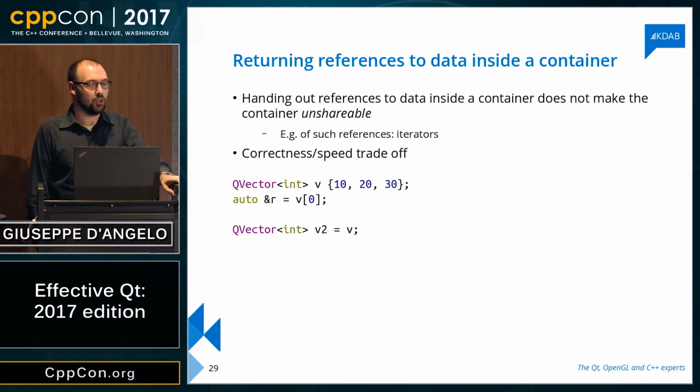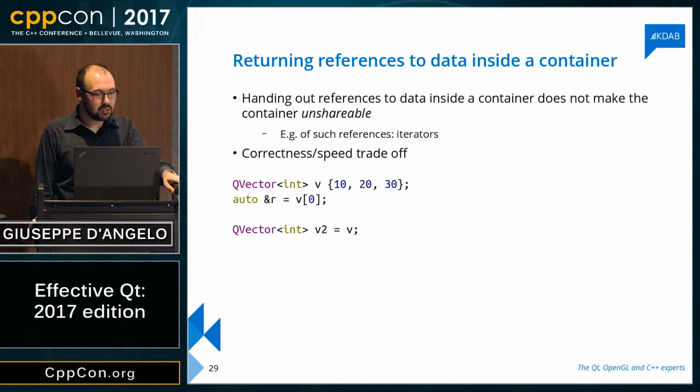The first one is a subtle bug that has to do with returning references to some data into a container. Here's the problem. If I have a reference to some data into a container, in theory, that container should be marked as unshareable. I should not be able to take cheap copies of that container any longer. Now I have some code to back up that statement. The problem is that we take references to data into a container all the time when we use iterators, when we use the subscript operator. So for that reason, basically, a trade-off was made to shed away correctness, in this case, for speed. So let's see where the correctness problem is.